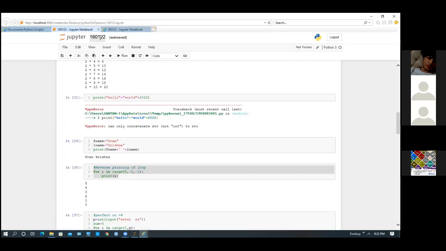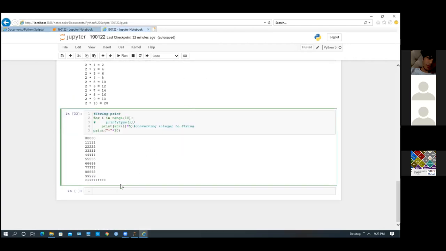Now I want you to do a program which is called a perfect number. So what is the logic of a perfect number? Try a perfect number using a while loop. This is my requirement. So what is a perfect number? Any number whose factors add up to the number itself is known as a perfect number.